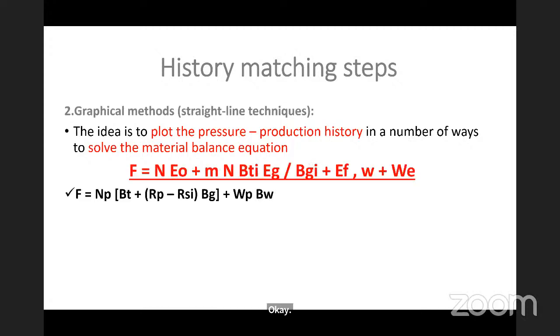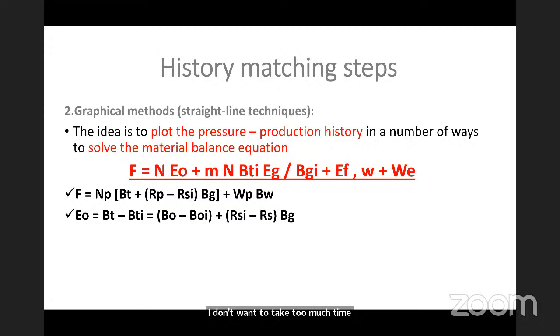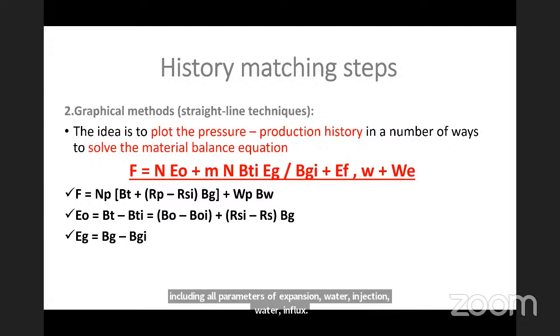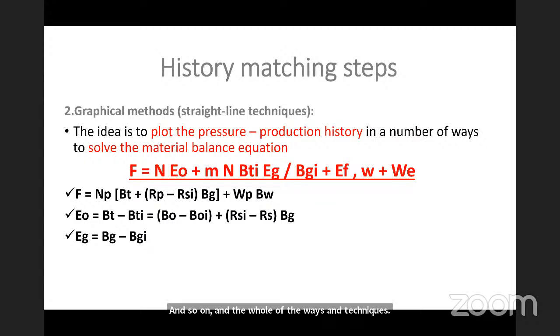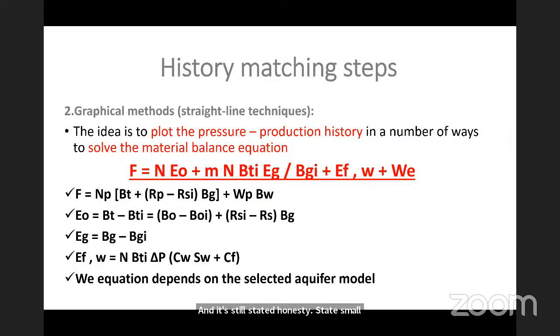I don't want to take too much time on the graphical method. It's mainly the equation of the material balance, including all parameters of expansion, water injection, water influx, and so on, and all of the ways and techniques for this. It's all about the way the aquifer behaves. What do I mean by the way? I mean that it's steady state, it's unsteady state, small aquifer, relative volume. So all of this is mathematical equations, depending on the selected aquifer, and all the difference between all of